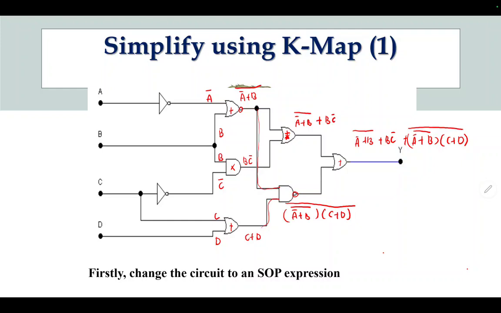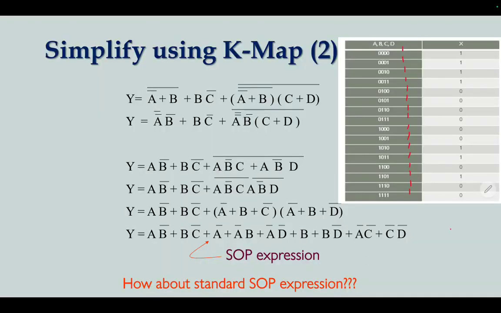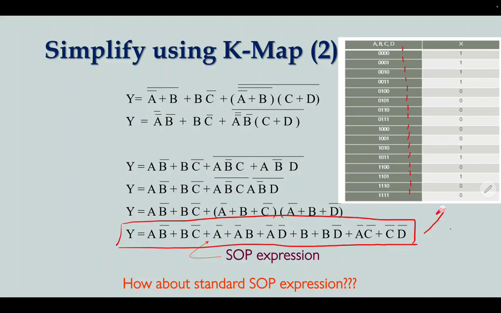Okay. So this is an example where you need to give the equation first, and then you have to solve it using De Morgan's theorem, and then place it in the K-map. So it just looks like this. You need to do De Morgan's theorem first, and then you got the equation like this, and then you place it in the truth table.